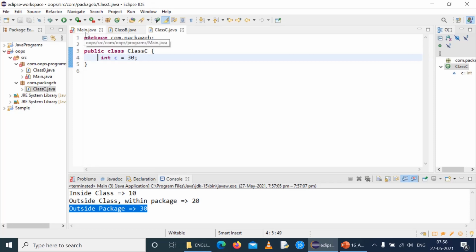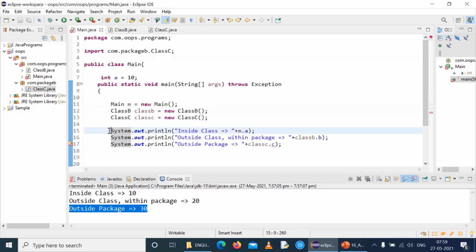So all the three variables are given with empty access specifier, which means it will take default access specifier. So as per definition of default access specifier, the variables can be accessed from within the package only and it cannot be accessed outside the package. Which means integer C cannot be accessed by main class, but integer B can be accessed because integer B is present in class B, which is present in same package of class main.